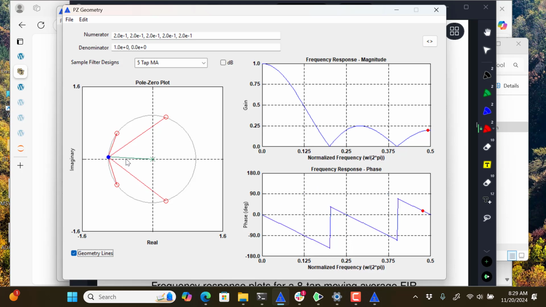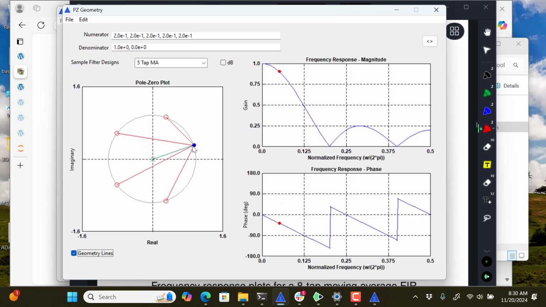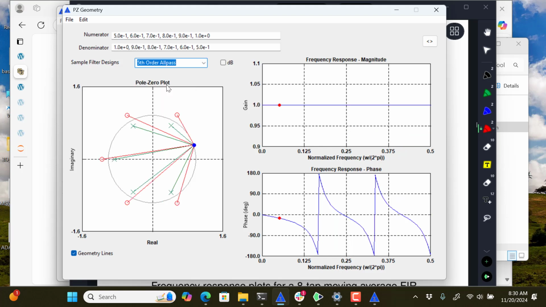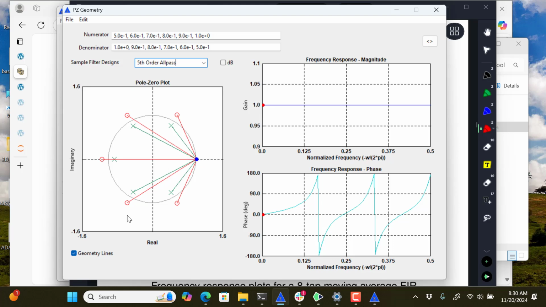And then the phase jumps when you're on the negative half of the circle. So I'll extrapolate that a little bit to just give you an idea. We're going to be looking at all-pass filters here very soon, and the all-pass filter we're going to see in the next section here